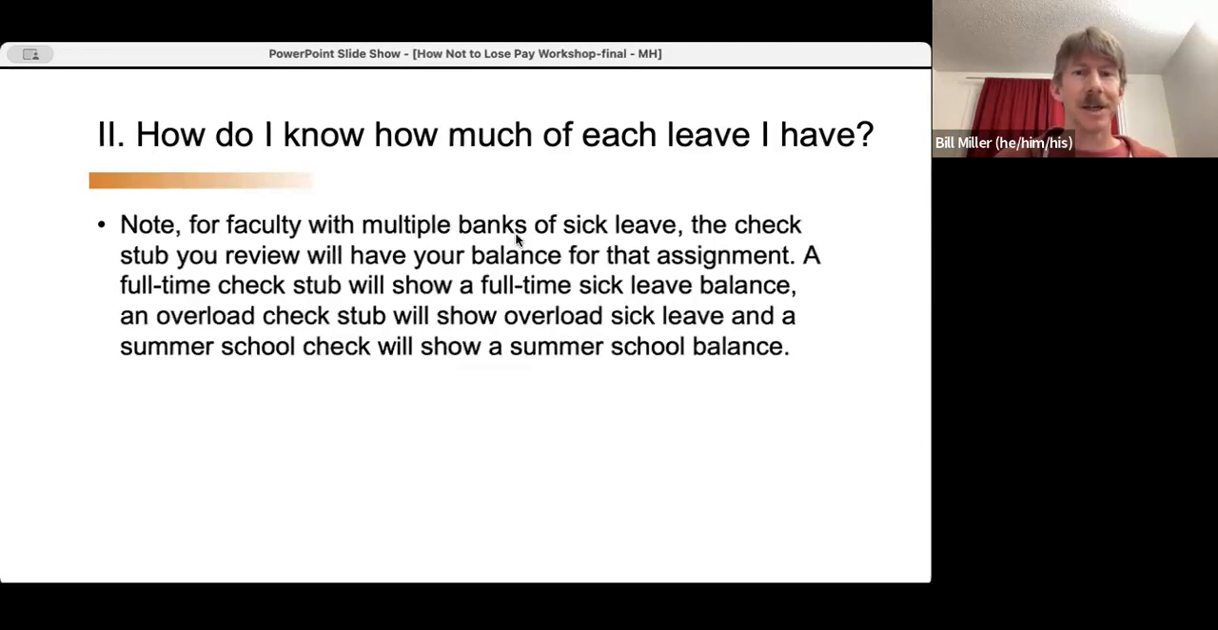For faculty, there are multiple banks of sick leave, and there are 3 types of sick leave. There is sick leave for the full-time faculty during fall and spring. There's a sick leave bank for overload, and there's a sick leave bank for when you teach during the summer. And that also goes for part-time faculty, adjunct faculty. They have a fall, spring sick leave bank, and they also have a summer sick leave